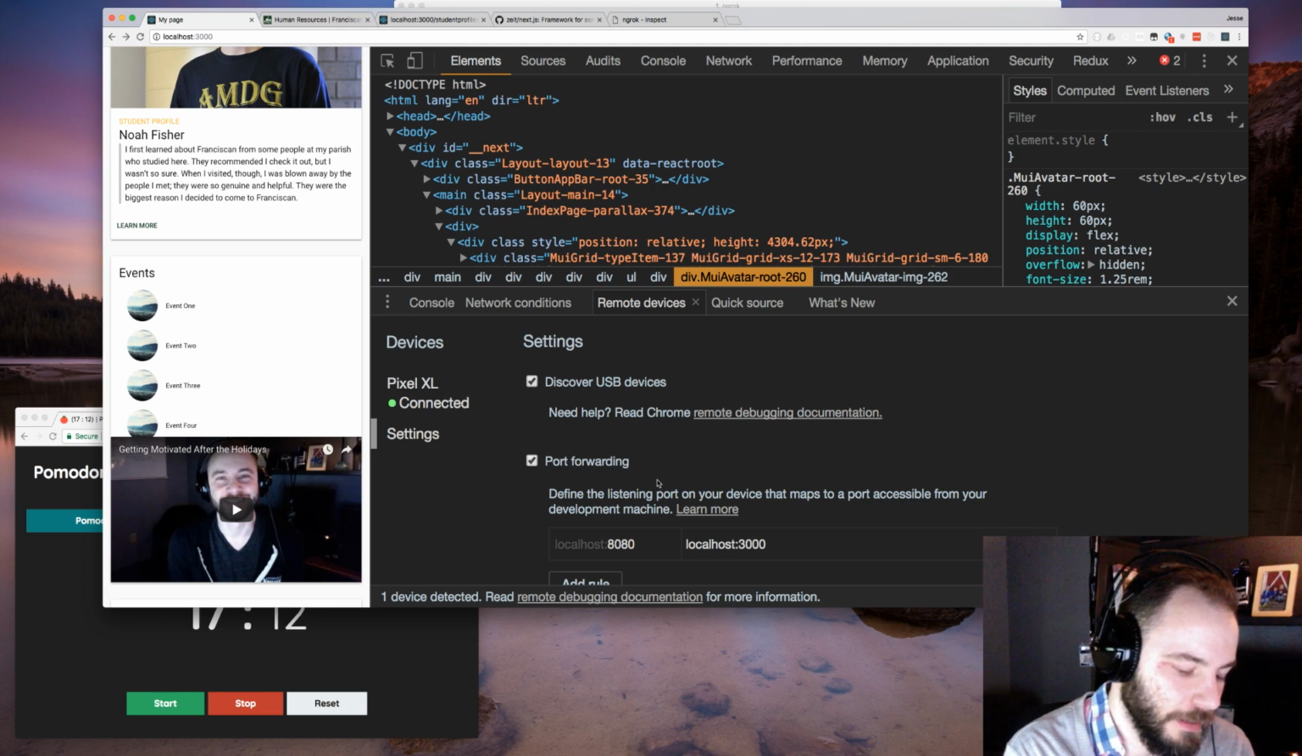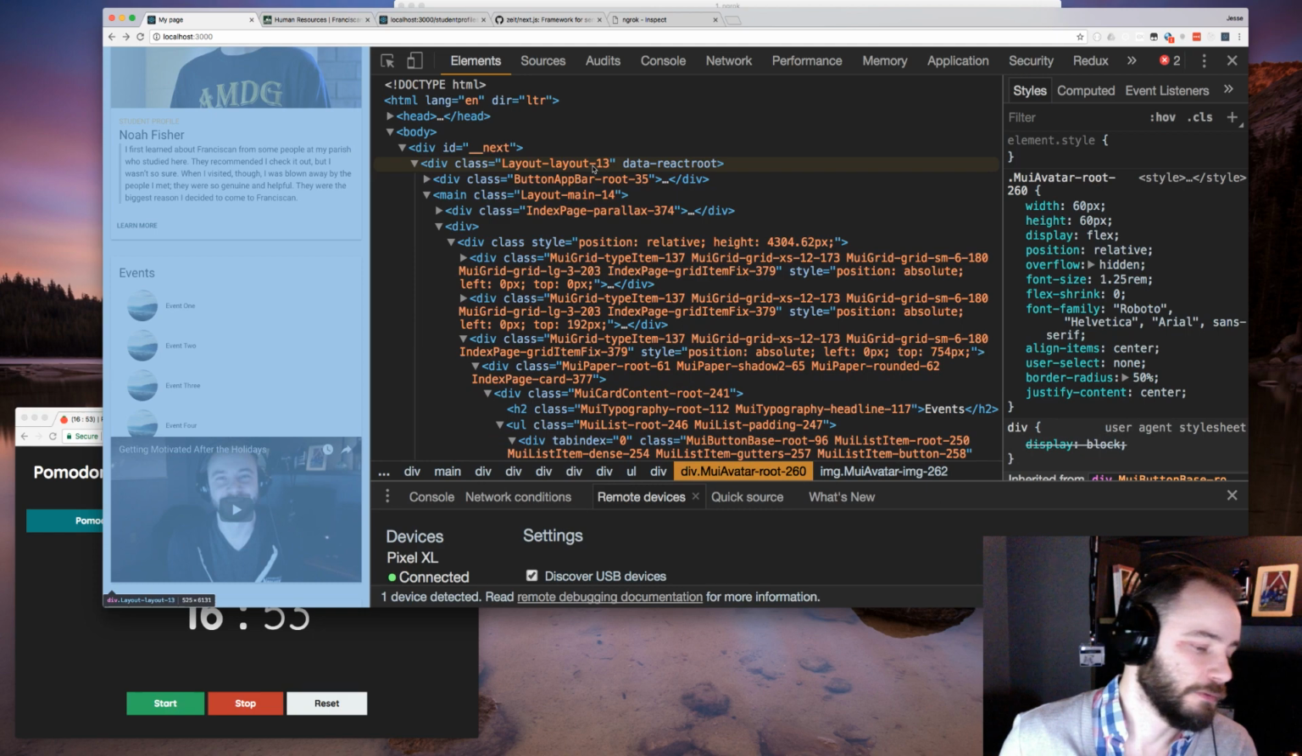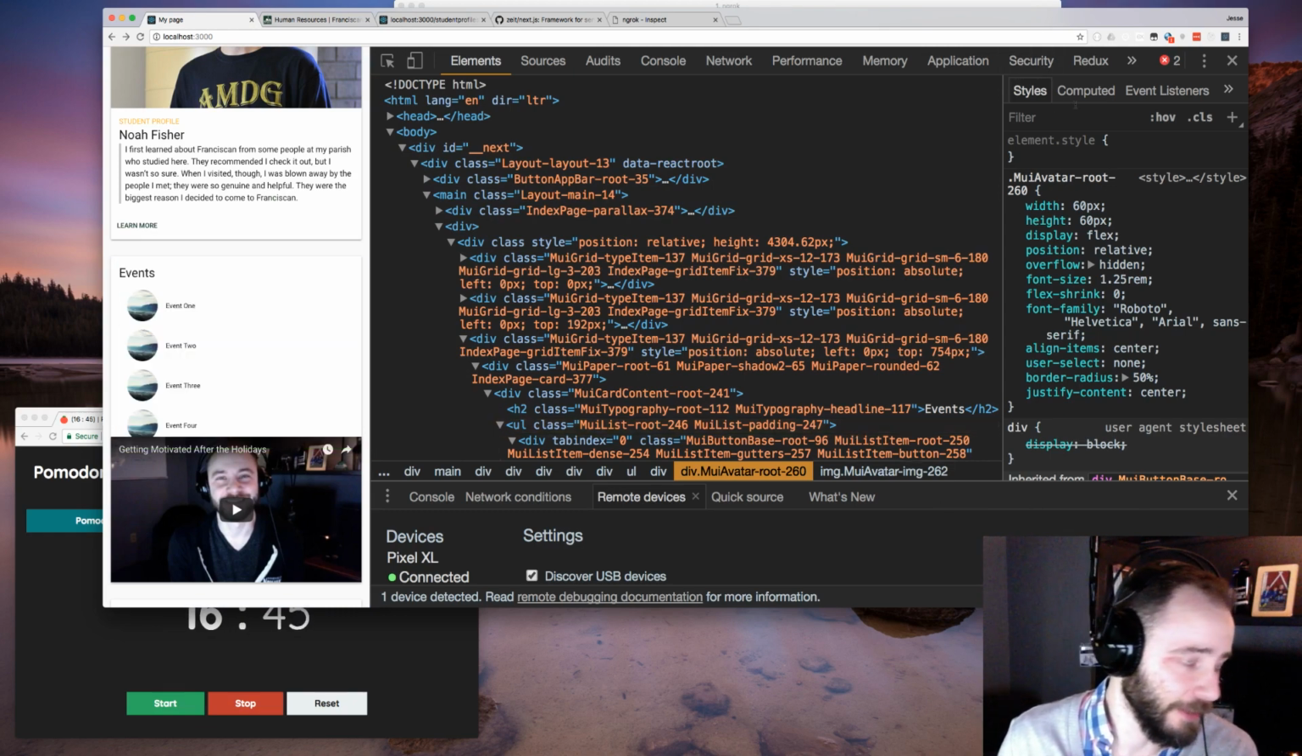8080. And I can see the site here, so I can actually see it. And the advantage of doing it this way is that changes I make in DevTools will show up automatically on my phone. So anyway, just for those of you who want to do something like that when you're developing,